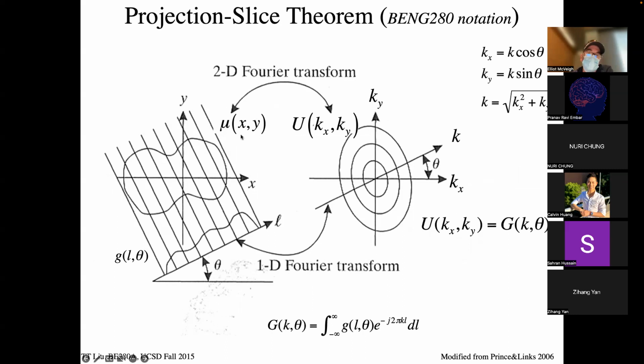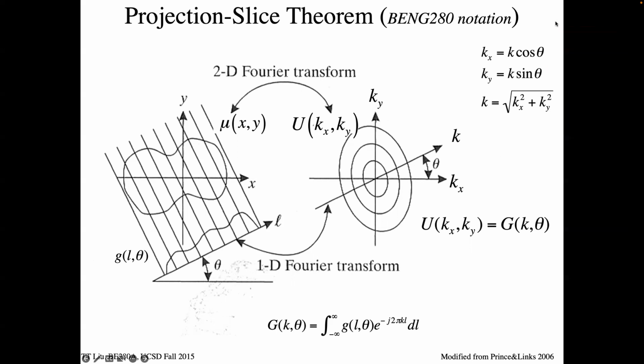Mu, or this function, has a Fourier transform, right? And it's a function of spatial frequencies, little k_x, little k_y, and these are in cycles per millimeter, for instance. And these are in millimeters. So what the projection slice theorem says is that